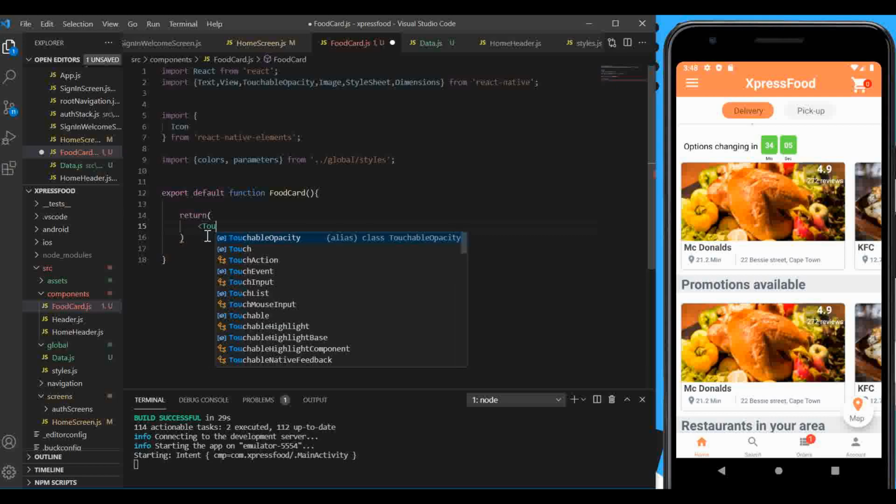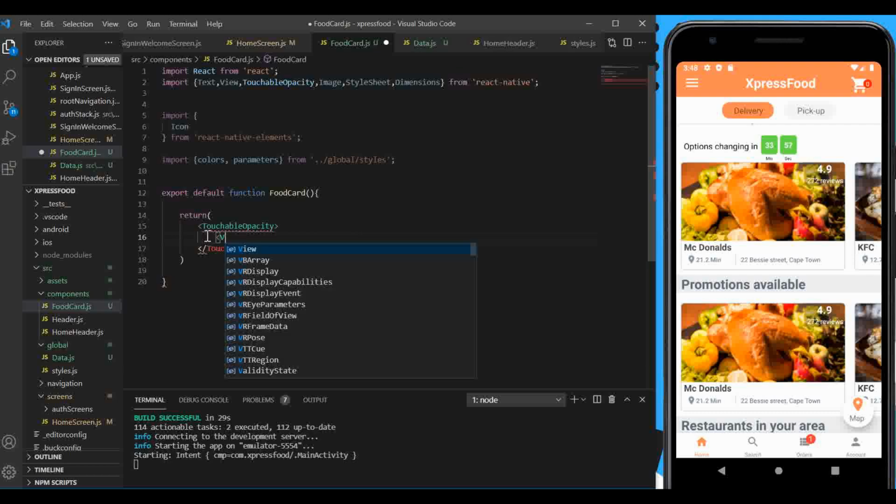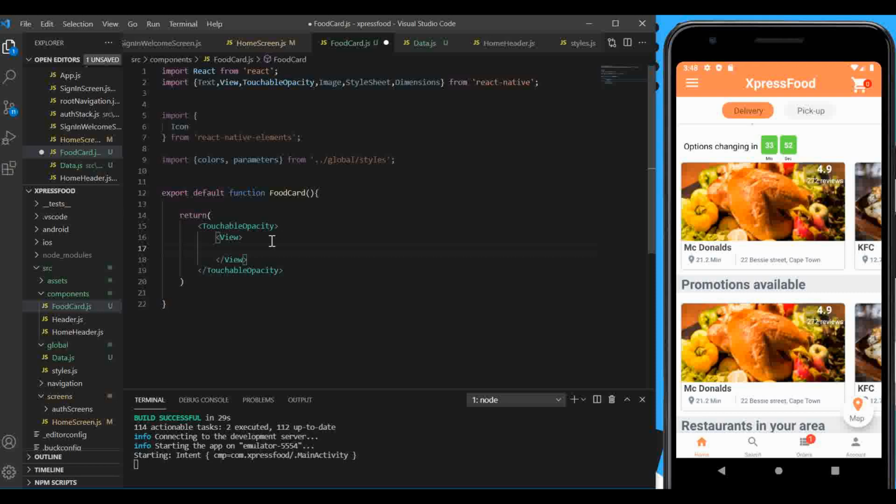or touchable component. It's going to be a touchable component, so it's going to be TouchableOpacity that we're going to be using, and inside this then we're going to have a view that will be wrapped by this TouchableOpacity. And one more thing that I have to mention is this card, all the data on the card